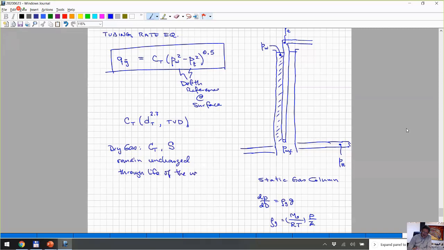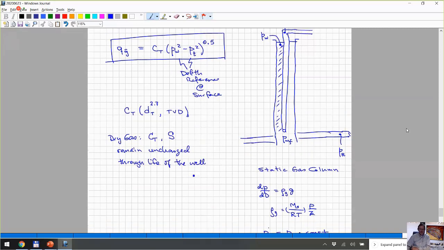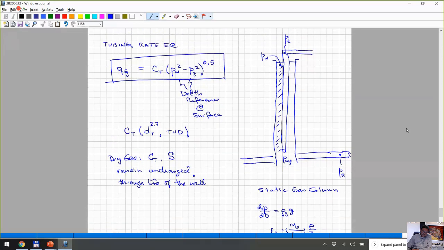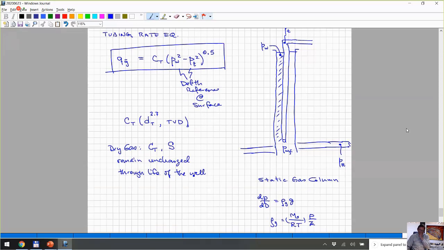Just like the rate equation in the reservoir shouldn't change, the A and the B, or the C constant for the reservoir rate equation for Darcy. So okay, these are basically the rate equations for dry gas,